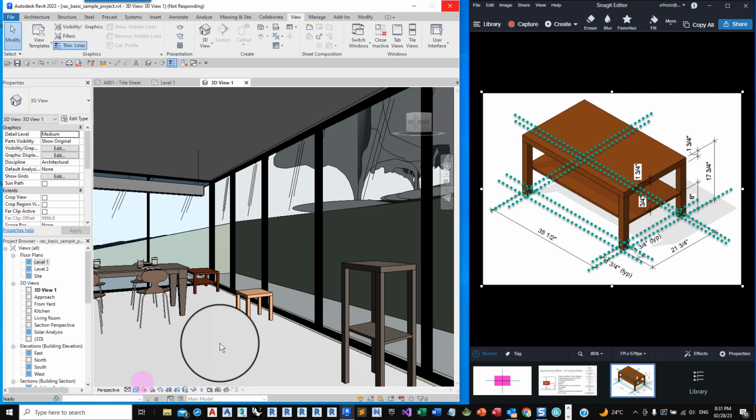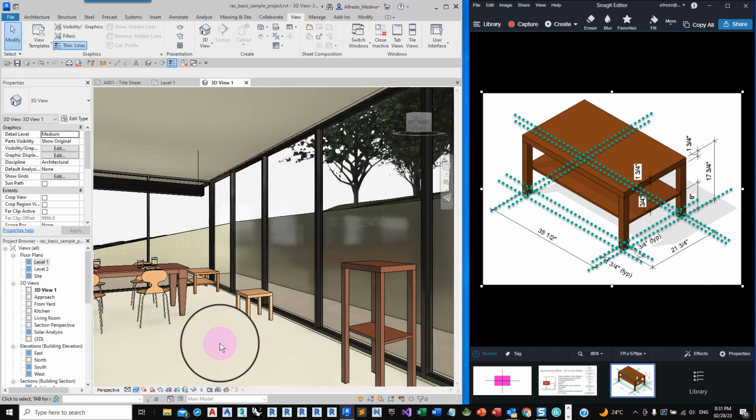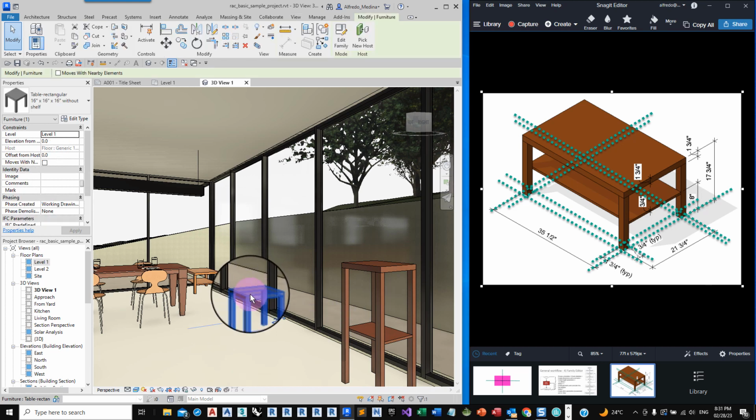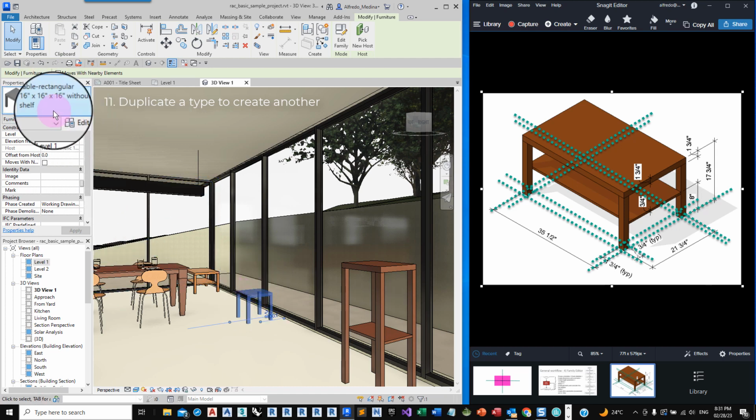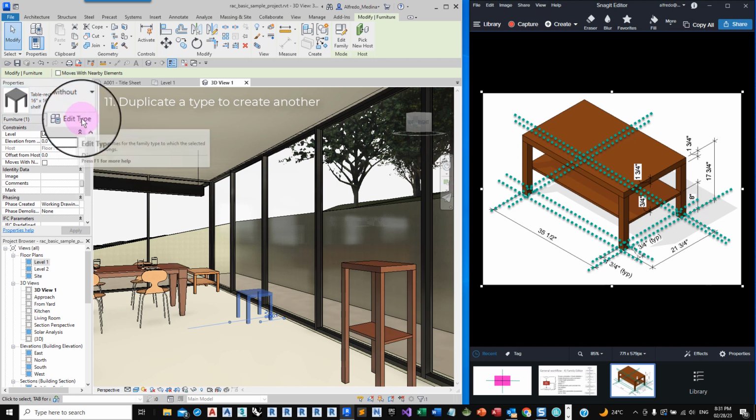And suppose that we want to create another type based on one of these types. I could simply click on one of them, like this one. This one is 16 by 16 by 16 without shelf. I could create a version of this with the shelf, like this.